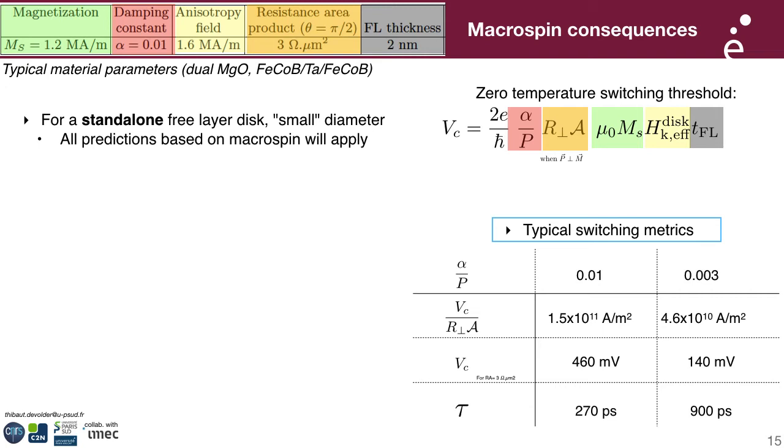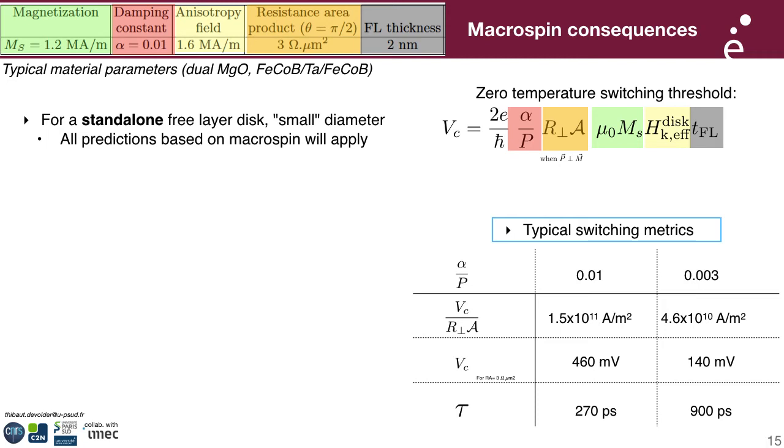Especially, in particular, the voltage switching threshold Vc, which is the product of a few terms. The first product is this red alpha over P, where alpha is the Gilbert damping of the free layer, and P is the tunneling spin polarization. Then there is the resistance area product of the junction, its magnetization, its effective anisotropy, and the thickness of the free layer. And if we take typical material parameters for a dual MgO free layer, here on the top left,